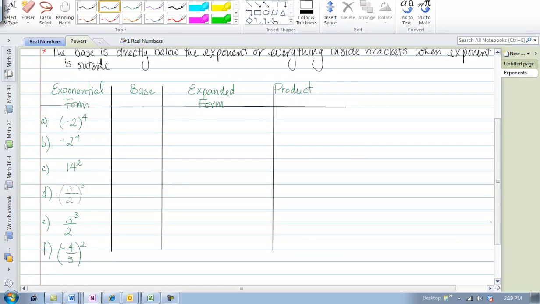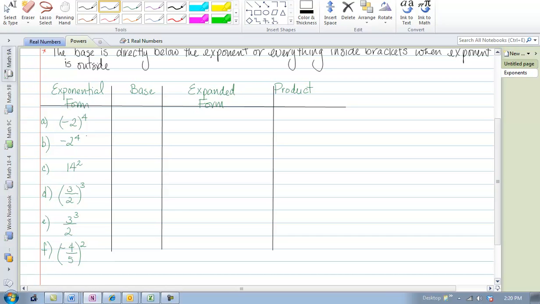So if we have a table, take a moment and copy it all out, and then try to fill in your different columns, recognizing that again the base is whatever is directly below and everything in brackets. If there are no brackets, then you cannot include the negative, you cannot include the whole fraction unless we've got brackets. So for that first one, you can pause it if you'd like to complete the table first, and then